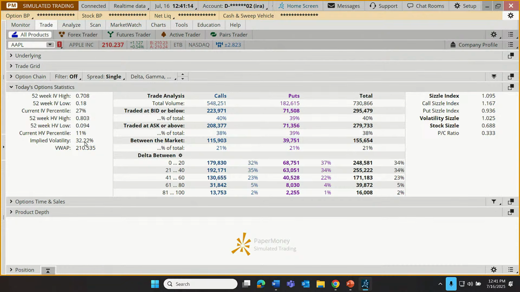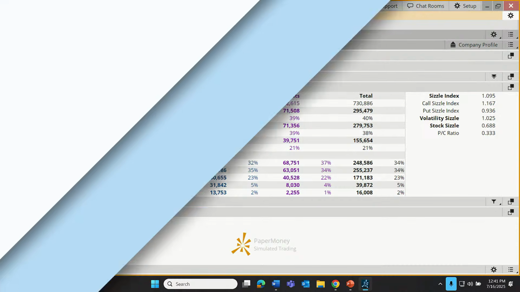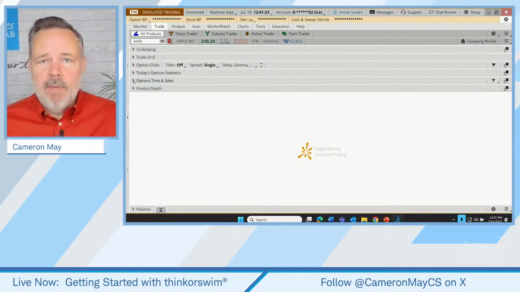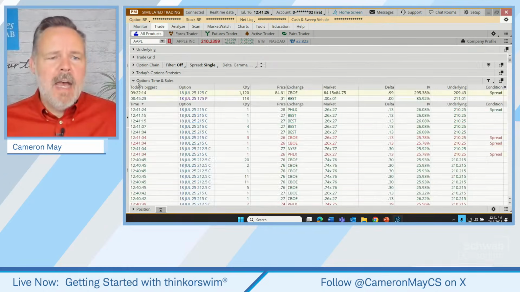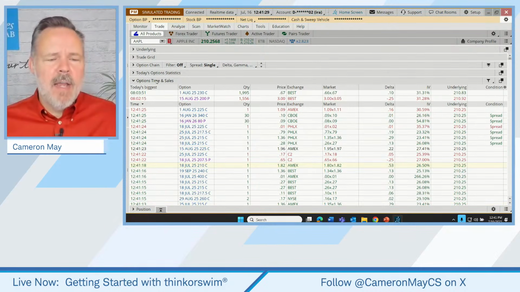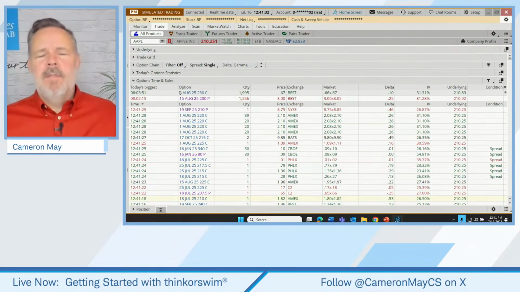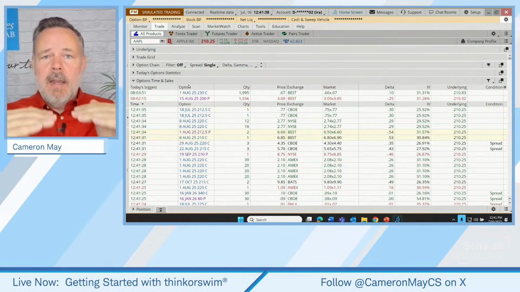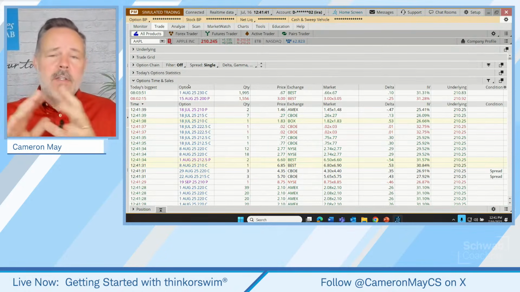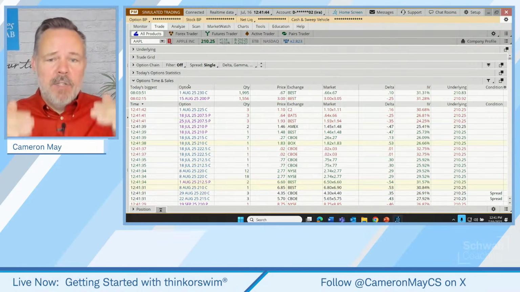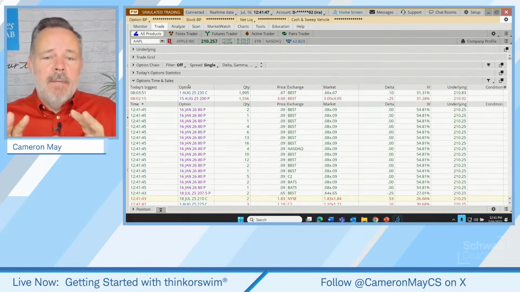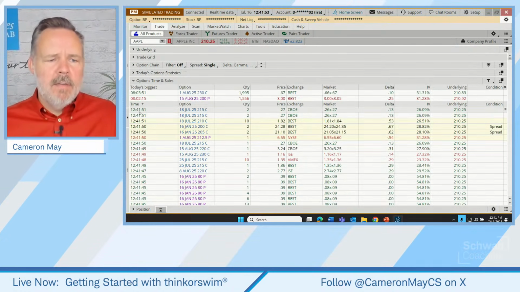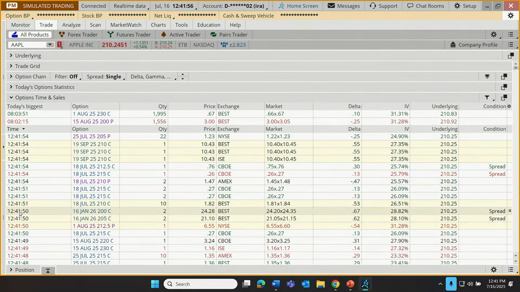So today's option statistics, yep, we're getting into the weeds a little bit if you don't happen to be an options trader, but it's sort of the nature of the game when we have tools, hopefully, for just about everybody out there. Options time and sales data can be accessed right here. If you don't know what time and sales is, this is telling us trade by trade what the characteristics of individual trades were, either on stocks, if it's a stock time and sales chain, or for options. In this case, this is Apple's options. So I can see the characteristics of those trades. And you can see the timestamps over here. This is second by second.